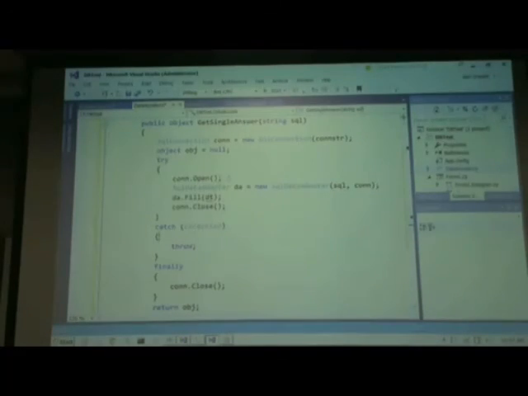Okay, and what will we be creating over here? Data adapter or SQL command object, right? So SQL